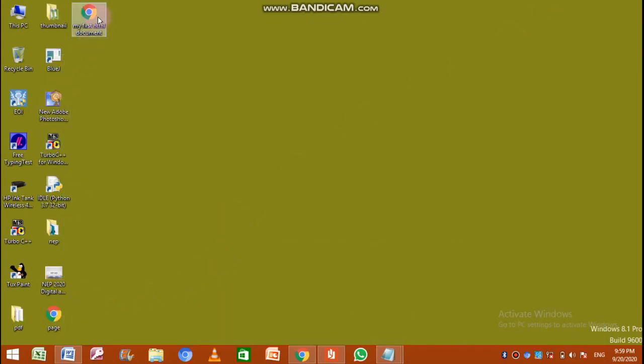You can see the file is there on the desktop with the name my first HTML document, and can you see that its icon is not a Notepad icon, its icon is the Chrome icon, which is actually the browser's icon. Chrome is my default browser. Maybe on your computer it shows a Safari icon or some other icon, so don't worry about that. This icon says that you have created a web page, not a Notepad document, because you have saved the document with the extension .html.